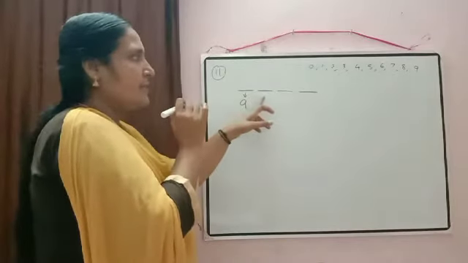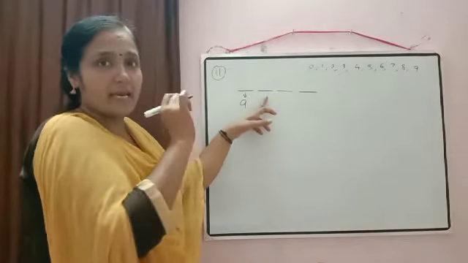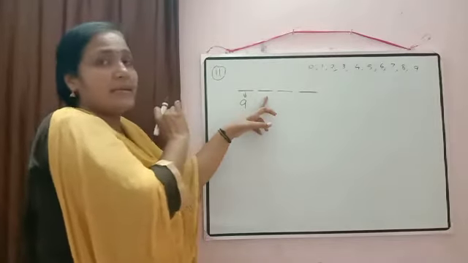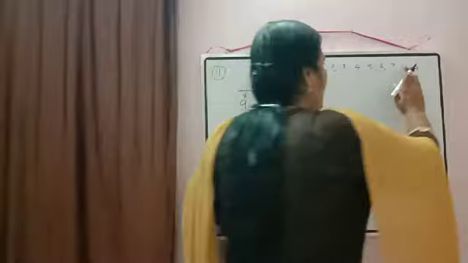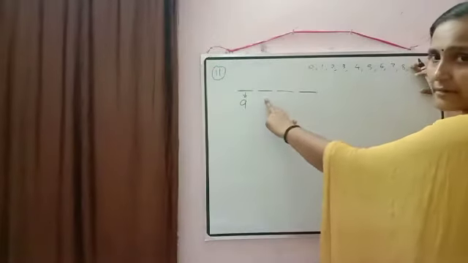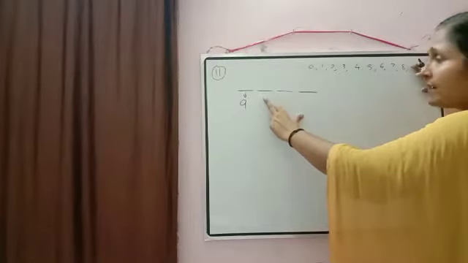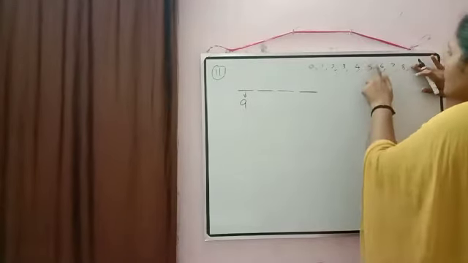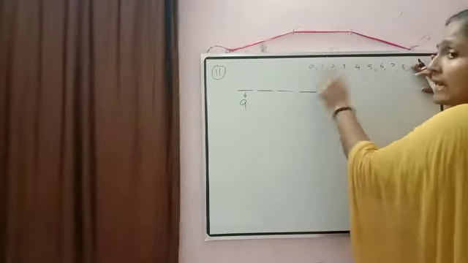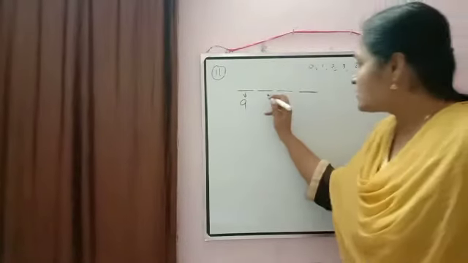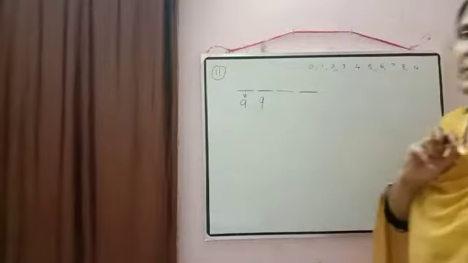Now we will check the hundreds place. Repetition is not allowed. So one number is already filled here. Suppose I filled the number 9 here. Okay. Now how many options are available with us to fill the hundreds place? 1, 2, 3, 4, 5, 6, 7, 8, 9. Again we have 9 options available. So this place can be filled in 9 ways.